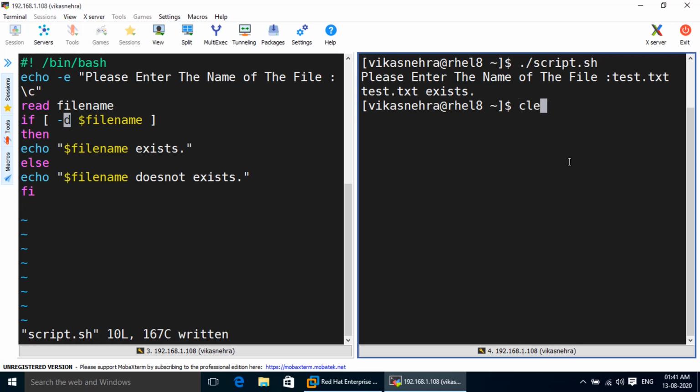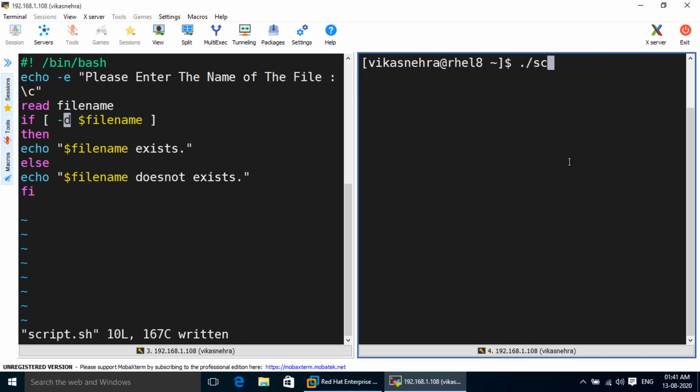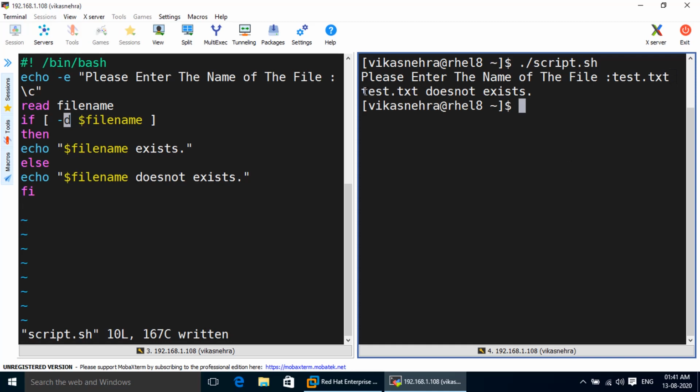So let me execute the script and show you. We know that test.txt is a file, not a directory. So it is showing test.txt does not exist, because it is checking for the directories, not for the files.